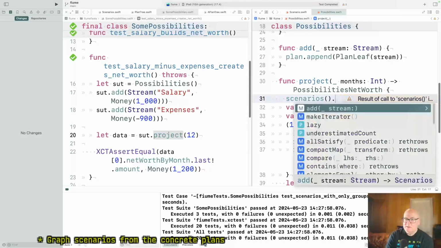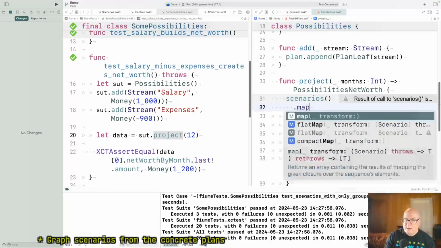Well, is it just, maybe it's just a map to,